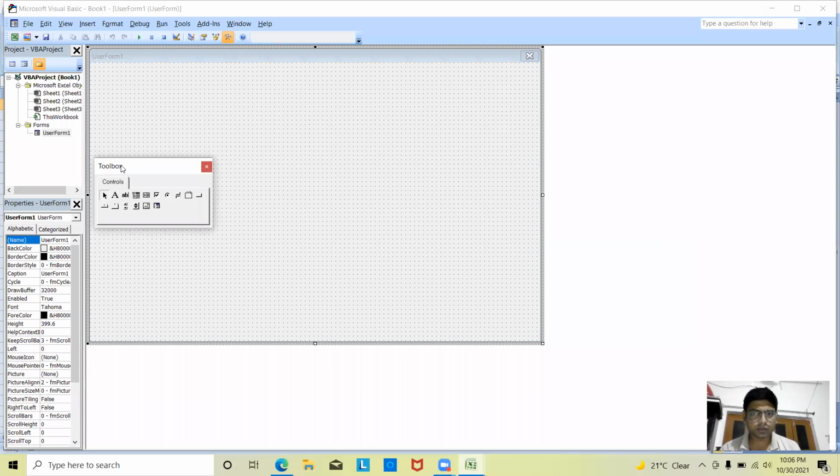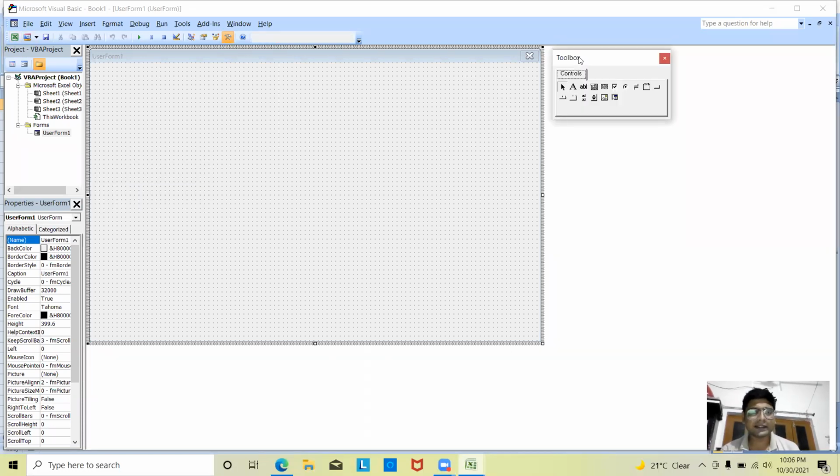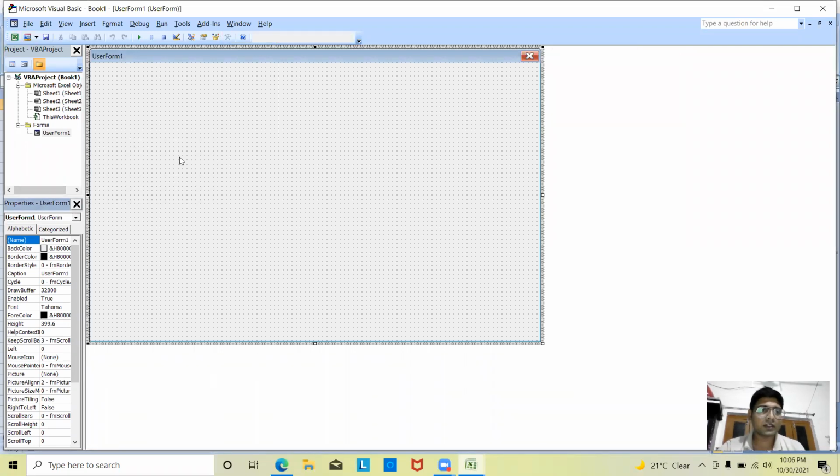First of all, we must know the components of Visual Basic. So this is the screen of Visual Basic. That is the Project Explorer window. That is the Properties window. Right now it's the UserForm1 properties. If you want to change the name of the form, you can use the Caption option here and change it. There's no need to change that now.